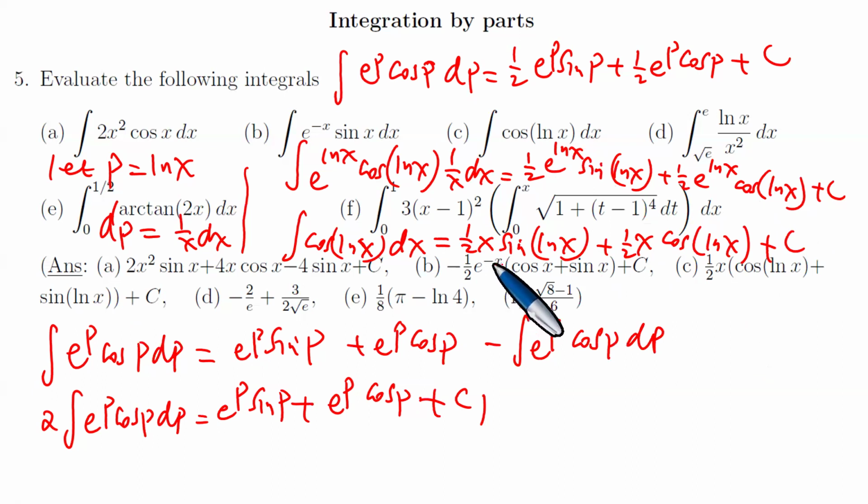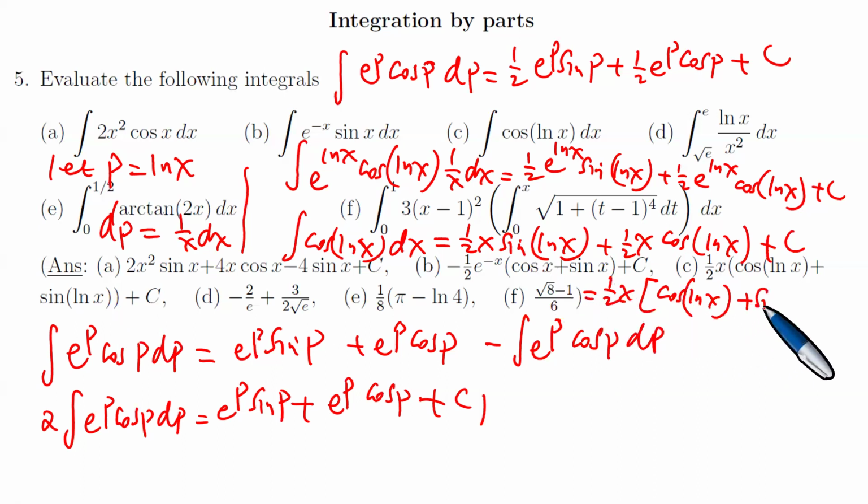So we have half the sine. Right, so you can factor out the half x here, getting exactly 1/2 x. And if you pull out the 1/2 x, you are left with the cosine of ln x plus, pull out the 1/2 x, you're left with the cosine of ln x, and then you're left with